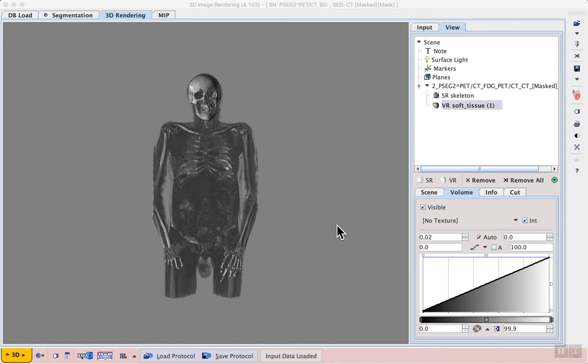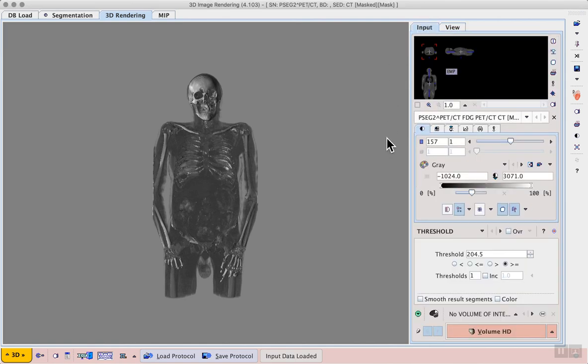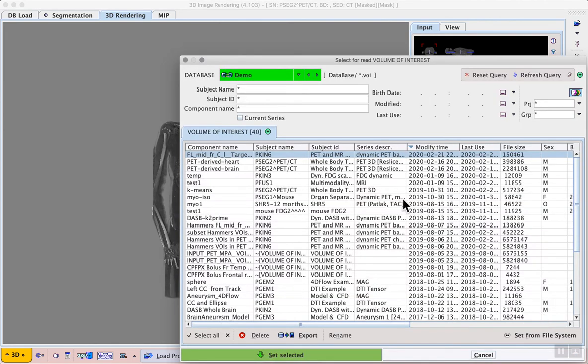Next, I can go on to just highlight an additional feature in the image by rendering a VOI, and this is a VOI that was previously defined in the View tool. To add that to the rendering, I should go to the Input tab in the top right. Then at the very bottom of that column, we have an option to choose the VOI that will be rendered. At the moment, it says that no volume of interest is selected,